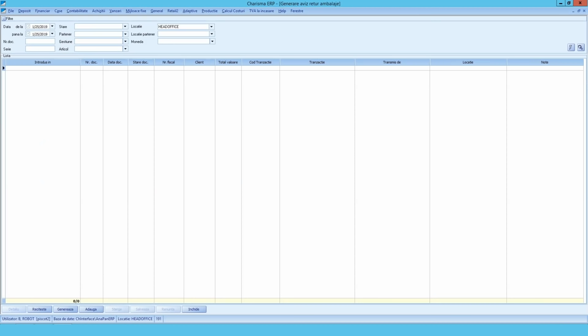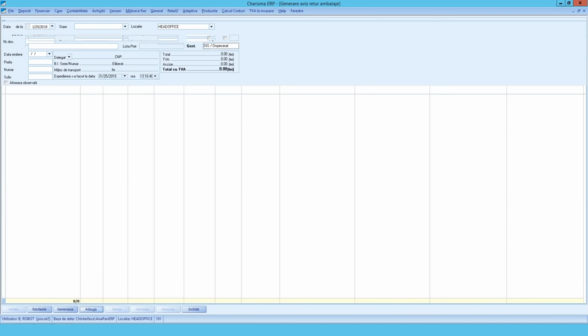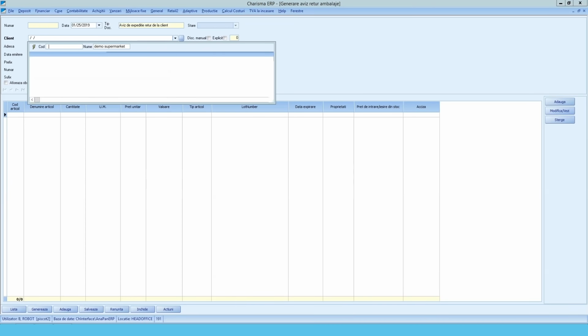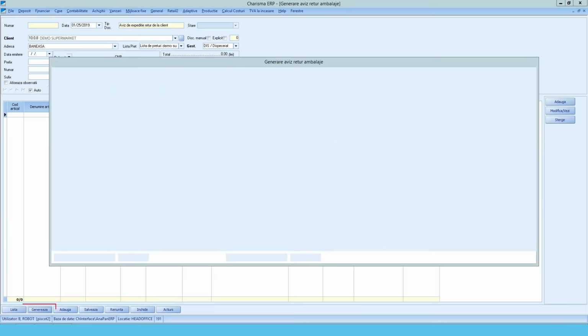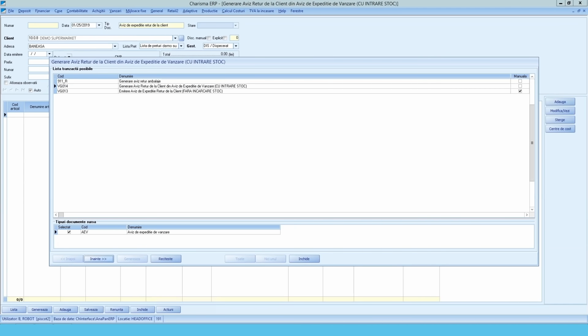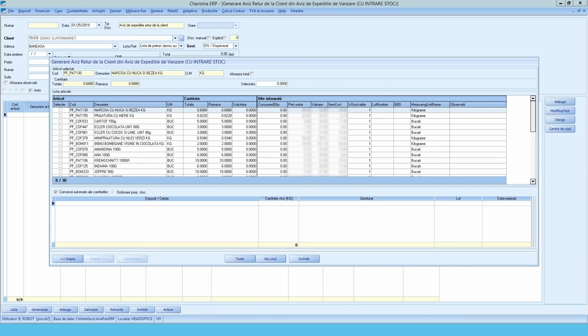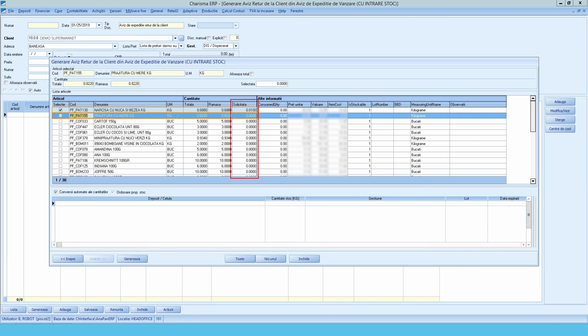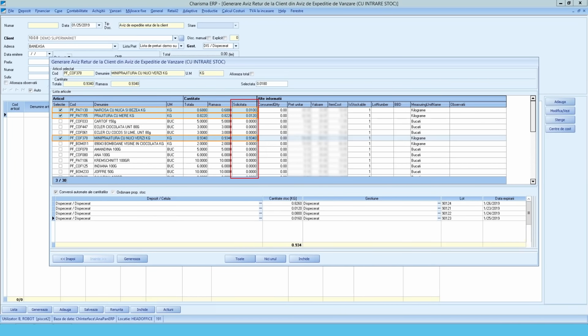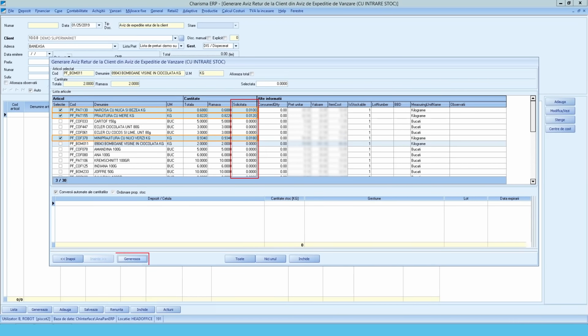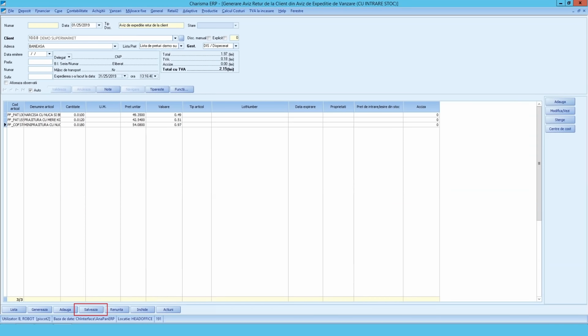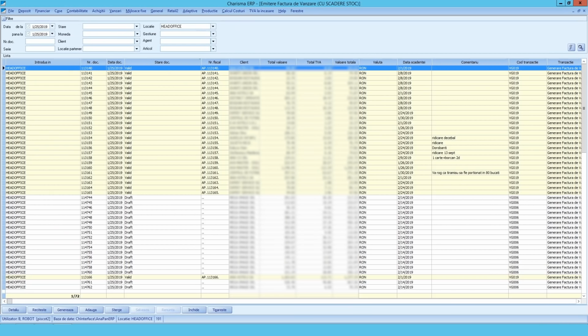I open the return order window, I click on Create a new order, I choose the client, I choose the delivery location, I press the Generate button, and choose the type of document in the window. I press the Forward button. I find and select the order that I need to link the return order to, and line by line, I find and modify the items with a quantity difference in the order to match the quantity on the client's receipt. After I finish editing, I press the Generate button and save the return order. Now the quantity on the order matches the quantity on the receipt, and I can start creating the invoice again